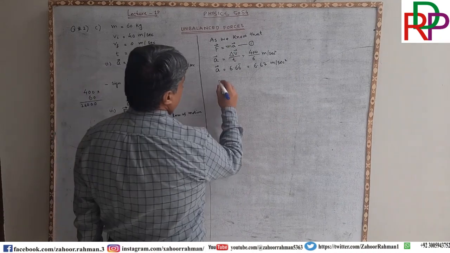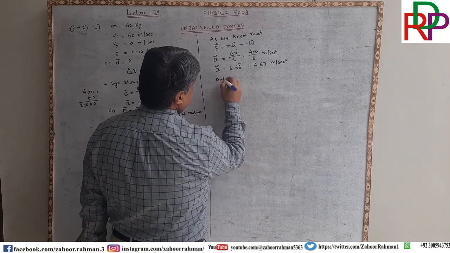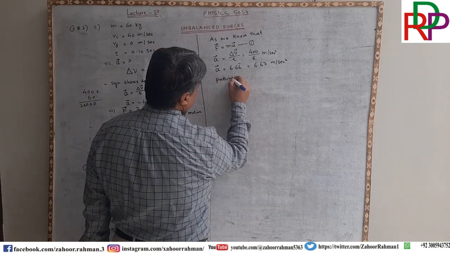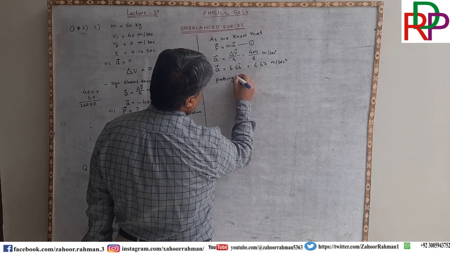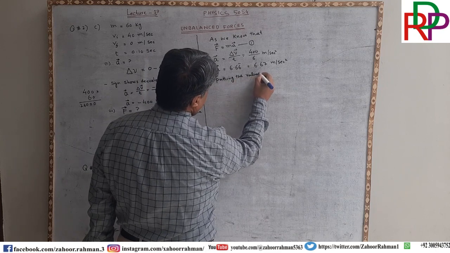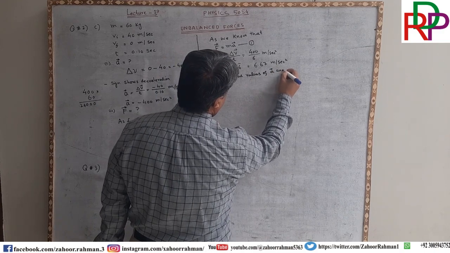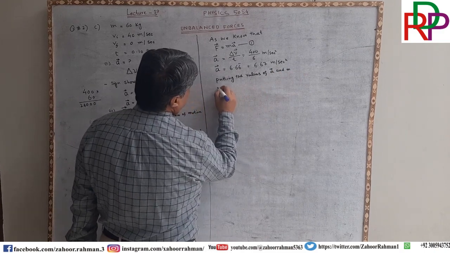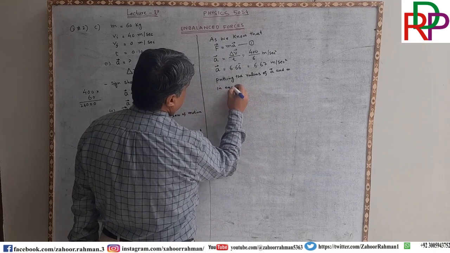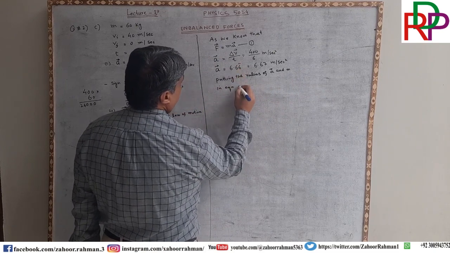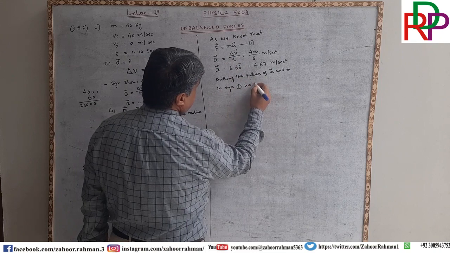Now, putting the values of A and M in equation 1, we get,